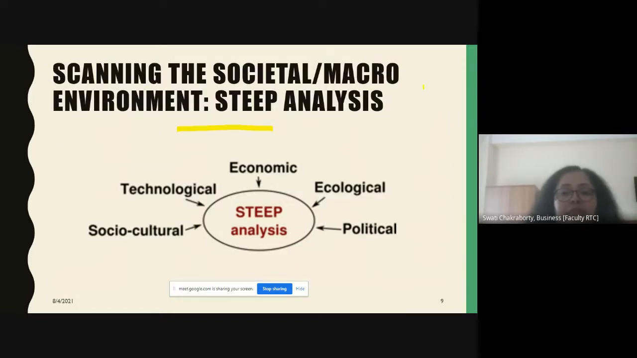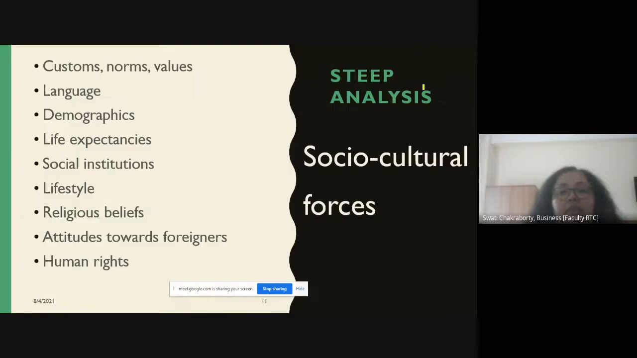Okay, right. So let's go into each of these factors in more detail. When we talk of socio-cultural forces, as we discussed, we talk of the customs, norms, values of society, language, the demographic structure, life expectancy, social institutions, that's the lifestyle of people, beliefs, religious